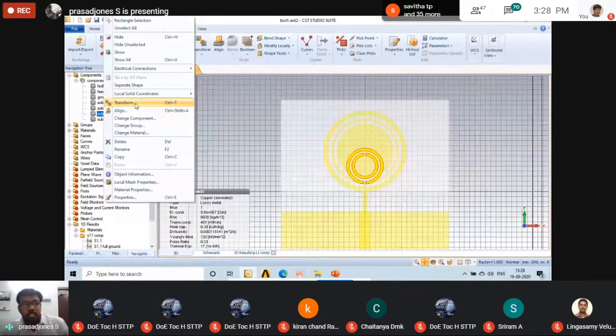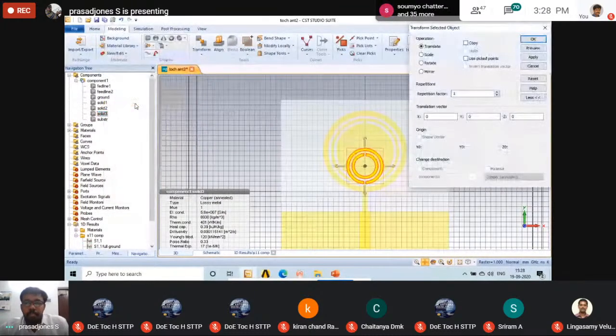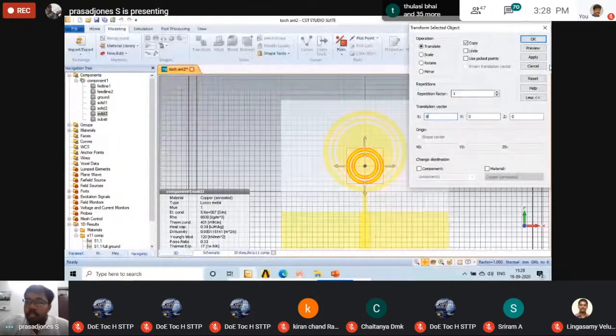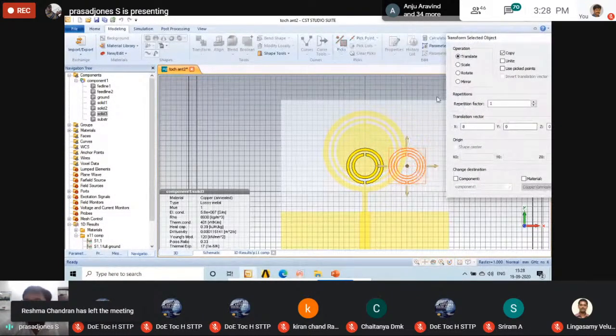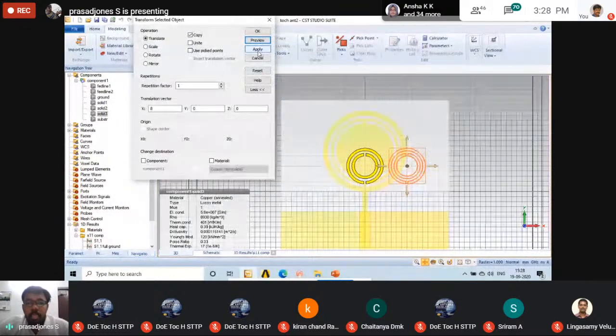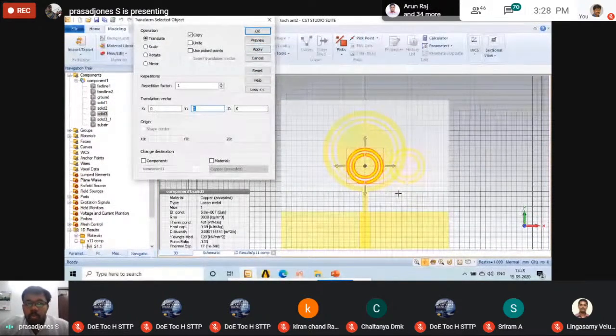click on this periodic structure, transform it and copy it in X side, preview it, in steps of 8, translation vector, make it as 8, preview it, apply, and again in Y side,